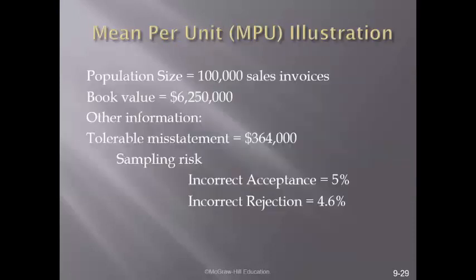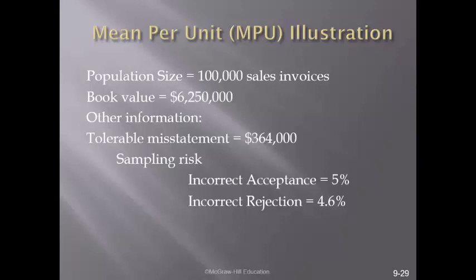This slide illustrates a problem using mean per unit estimation, which is a type of classical variable sampling. This method enables auditors to estimate the mean audited value of the items in a population with specified sampling risk and allowance for sampling risk or precision by determining the mean audited value of the items in a sample. In this example, the population size is 100,000 sales invoices with a book value of $6,250,000. The auditor has set the tolerable misstatement at $364,000 and the sampling risk of incorrect acceptance at 5% and